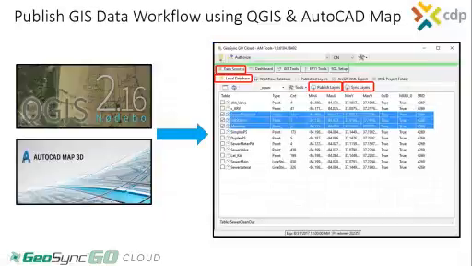Likewise, for the same workflow of publishing GIS data, but in this case we're using Quantum GIS or AutoCAD Map. You already have your SQL database configured and connected, and the layers are in your project. Then if you've made edits to those layers within Quantum GIS or AutoCAD Map, then you're ready to open AM